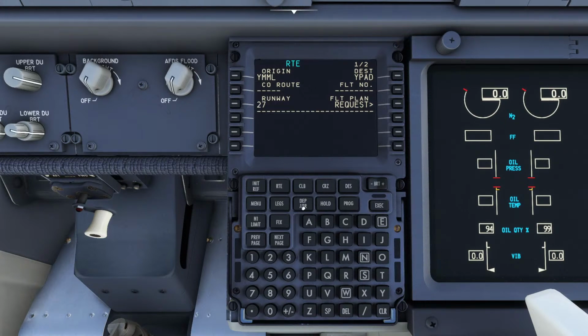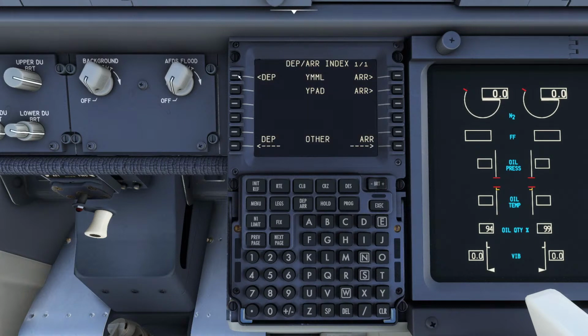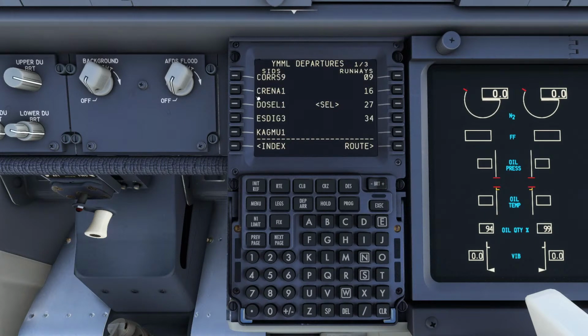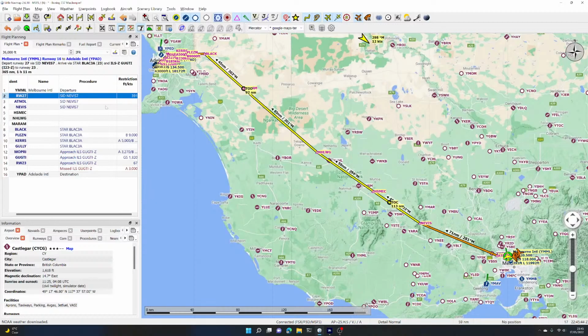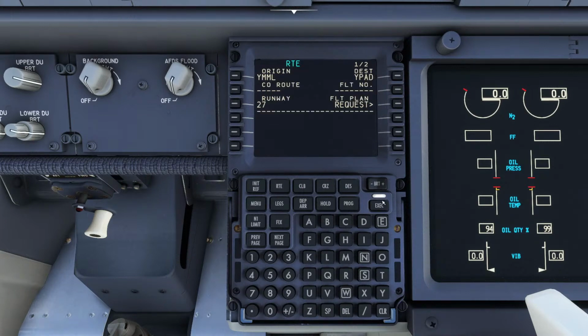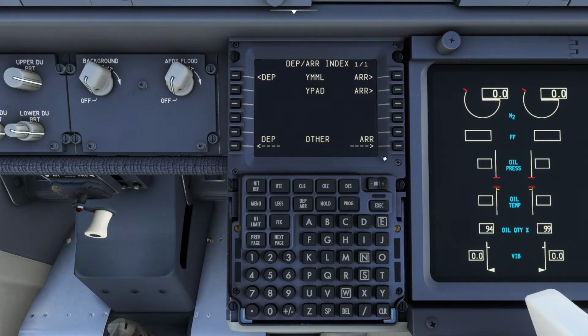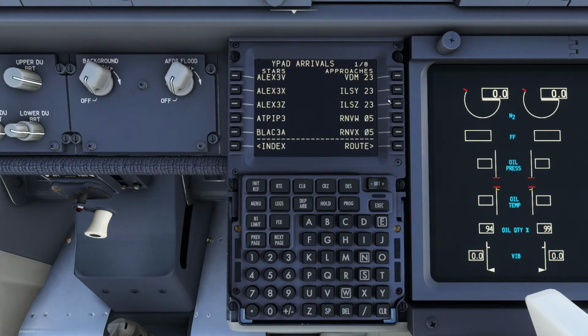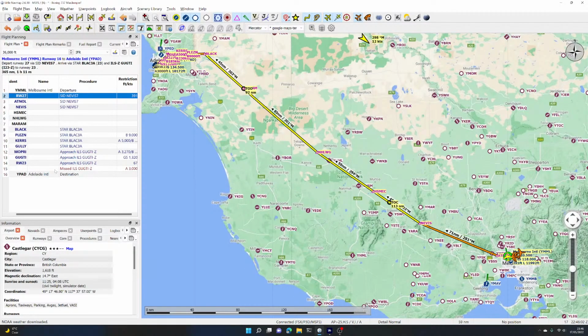And then we go to the departure arrival page, and from Melbourne we are going to be taking off runway 27. We are doing the Nevis 7 standard instrument departure, which is here. So we've chosen both the runway and the SID. So we go to route, activate, execute. We can go and program the rest straight away. So we are going to arrive into Adelaide,